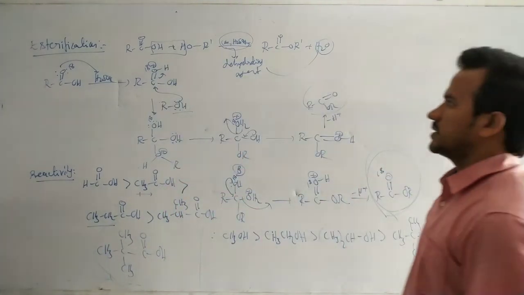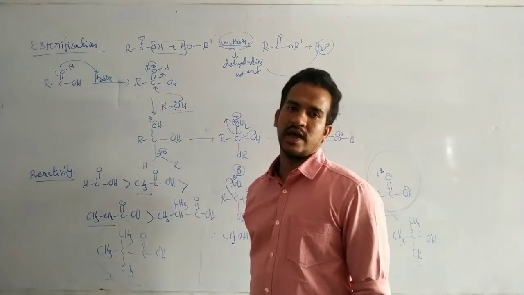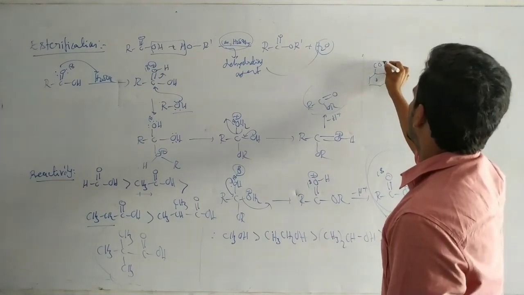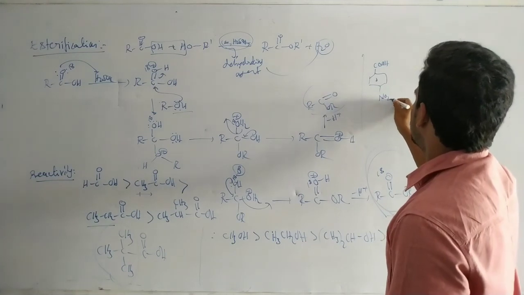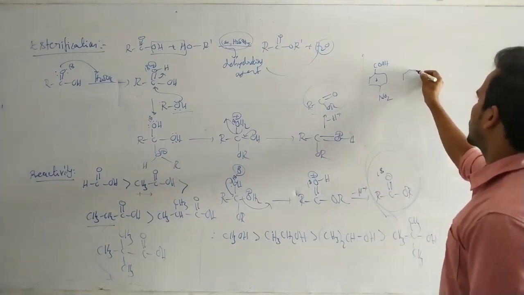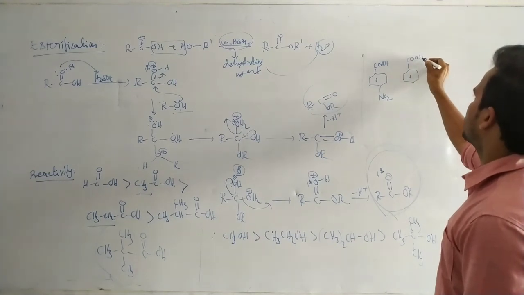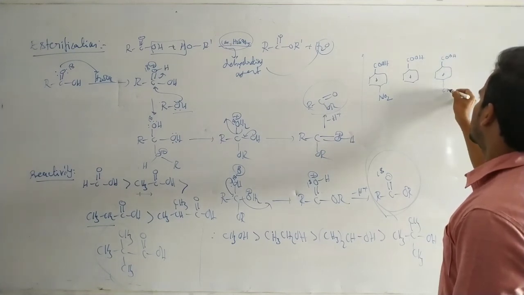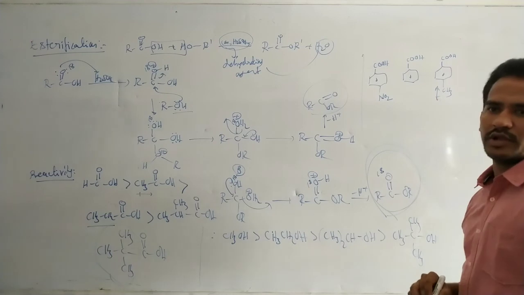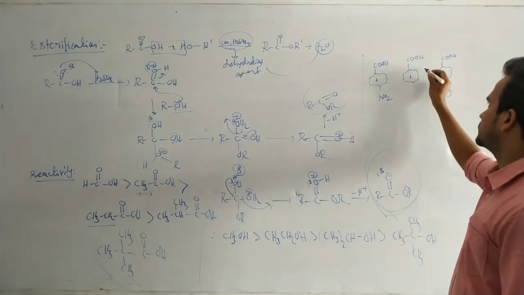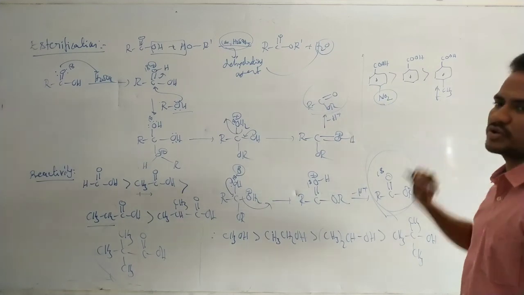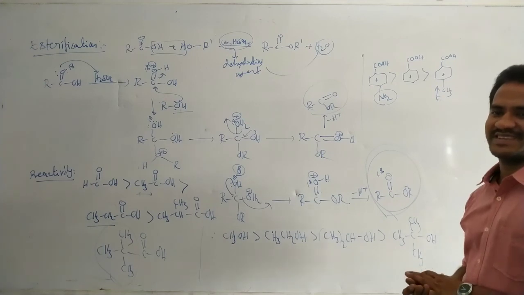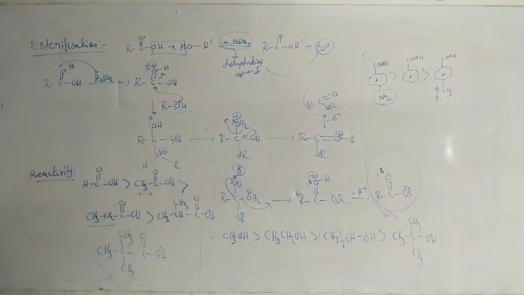So in this case, the higher the magnitude of the positive charge, the higher the reactivity. Among these compounds, this benzoic acid contains an NO2 group, this is a simple benzoic acid, and this benzoic acid contains a donating group. By the presence of the donating group, the magnitude of the positive charge on this carbon decreases, so reactivity decreases. The NO2 withdrawing group increases the magnitude of the positive charge, so that is the more reactive compound. So that is the reactivity of the carboxylic acids in esterification reaction.